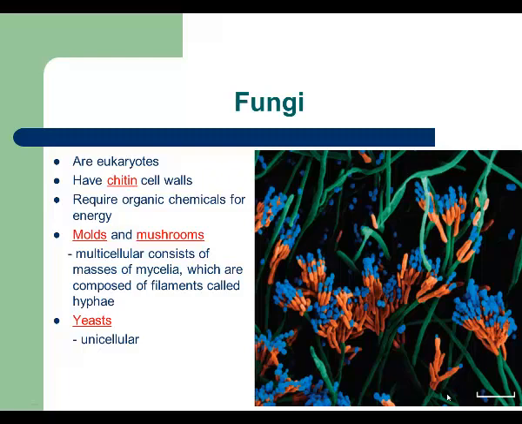Fungi. This group includes mushrooms, molds, and yeasts. Yeasts are unicellular, means one-cell organisms. Molds and mushrooms are multicellular. Also, you have to remember that mushrooms, for example, have very specific structure in their cell walls. We call it chitin. Chitin is a cellulose-like structure that maintains shape of mushrooms.